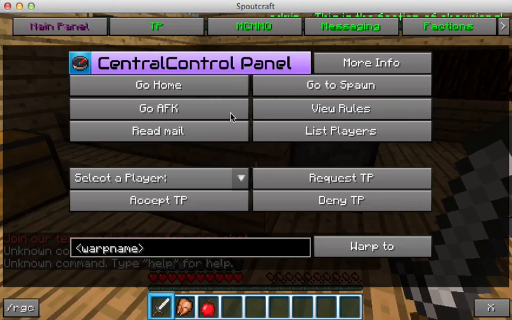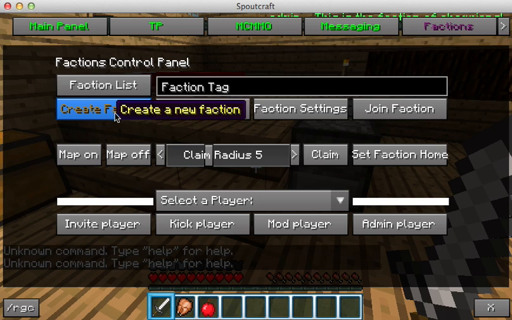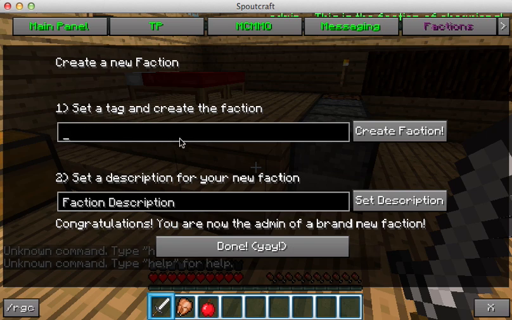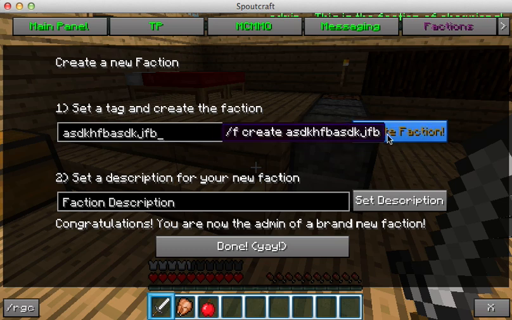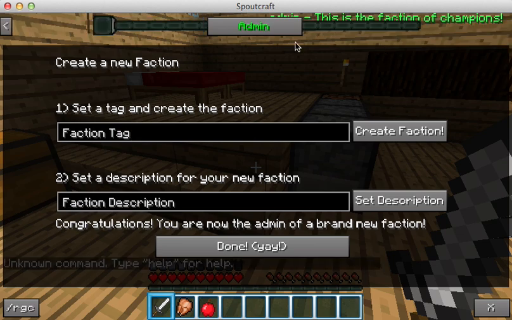Let's try something a little bit harder, shall we? Let's create a new faction. I'm going to press the button I've designated, and instead of executing a command, it can also open another panel, like my create faction does. Then you can use text boxes and drop downs and all those other goodies and sliders and really anything, radio buttons, to modify the command. So what I can do is type in just random stuff, and then it'll modify the command that the button presses. So now it'll be /f create, and then the faction name text box, which is ASD whatever. And all this can be set in the panel's YML file. It's all pretty easy to do,